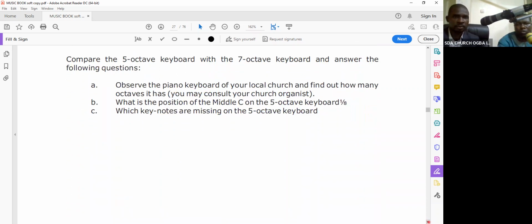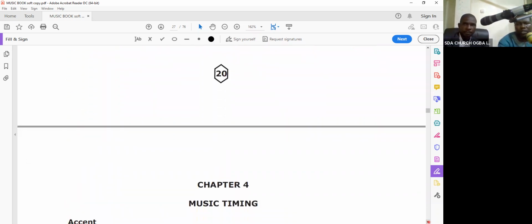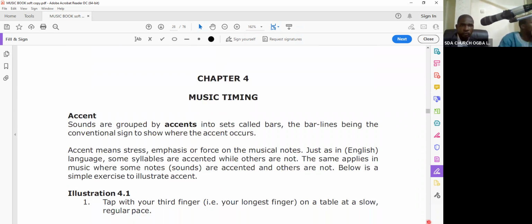All right, let's just go to the next topic. Okay, we have another topic, and it's titled music timing. In music we have what is called accent. So sounds are grouped